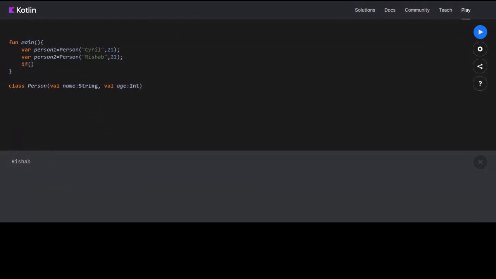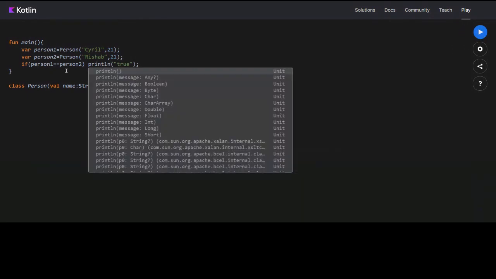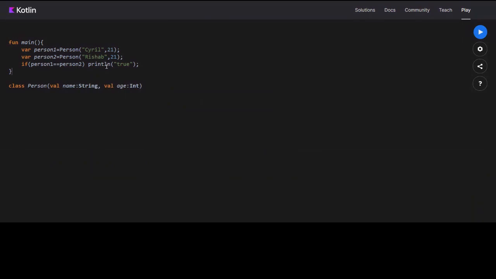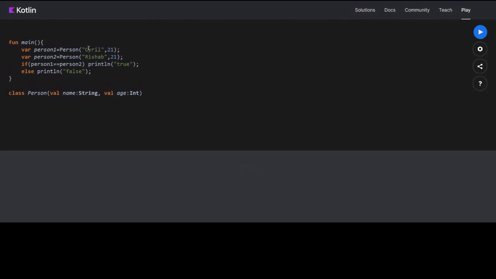If person one is equal to person two, print true, else print false. Here it should print false because we know they are not the same.